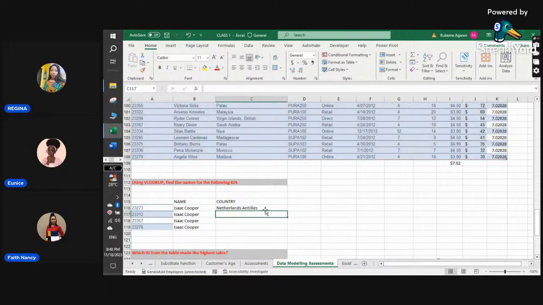It will work. However, because I have locked this, it means as I keep going down, Excel will still lock that formula for me. It will still lock it. In other words, I've told Excel, don't worry, you can move from A to B to C to D to E, but please do not shift from this cell. So